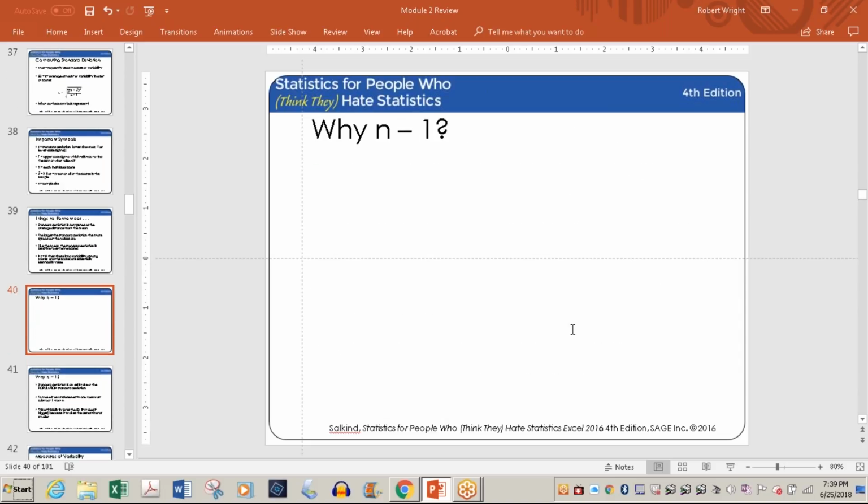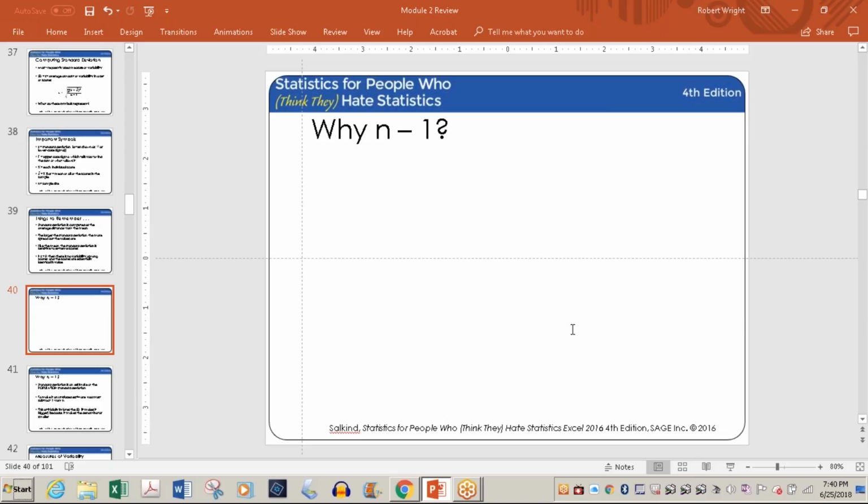Okay, now you ask why n minus 1. Anybody have a guess? No. Okay. Again, statisticians are making estimates, and when they're taking a limited number of subjects, whether it's 30, 300, 3,000, and trying to take those results and generalize them to the entire population, they don't want to look like complete idiots. Although sometimes they manage to do that quite well. So when they do n minus 1, basically what you're doing there is increasing your returns to be more inclusive.